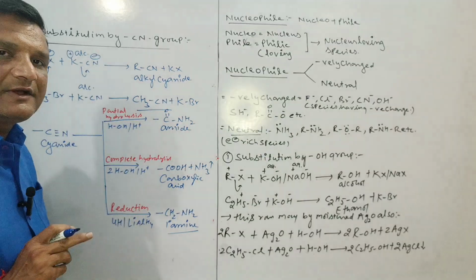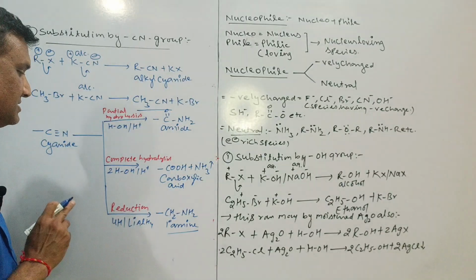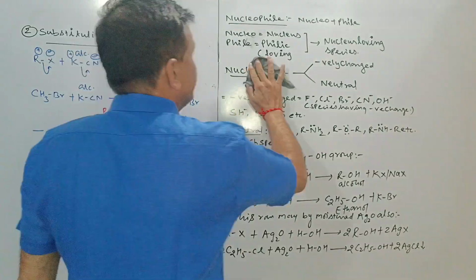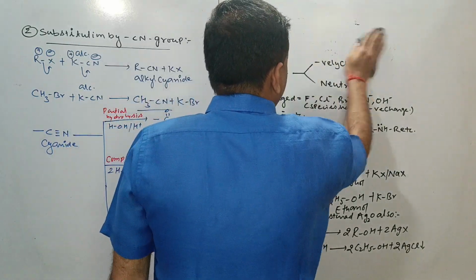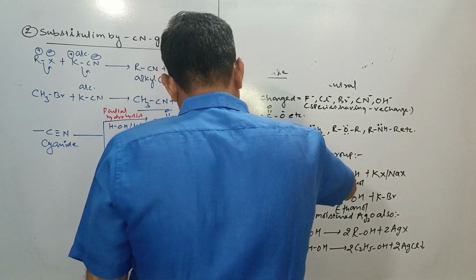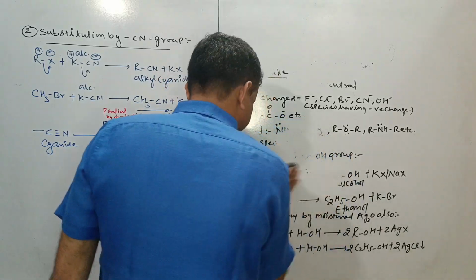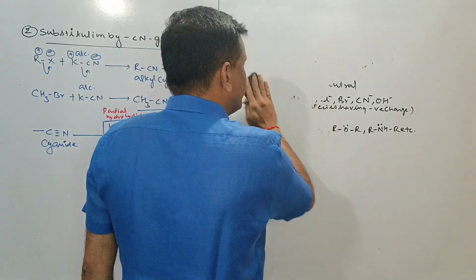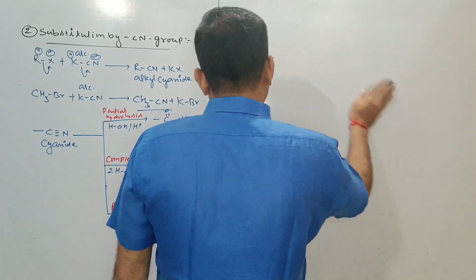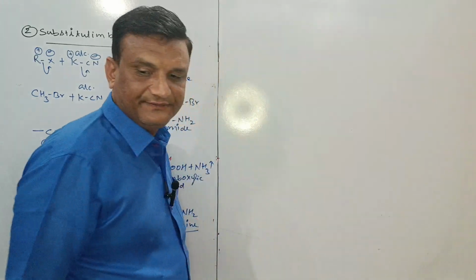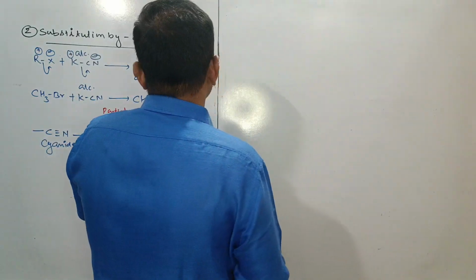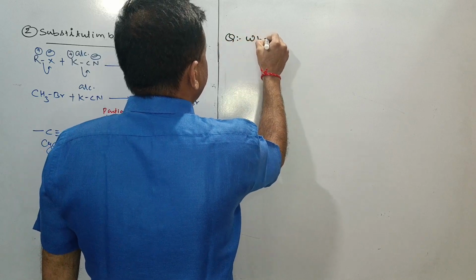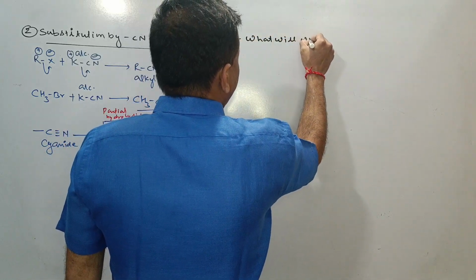This was about one of the important substitutions, the CN group. Now I would like to take some questions, and remember one thing, I would like to take one important note also regarding reactions. First, substitution by hydroxy group, or you can say OH group. It will be one of the questions. Question number one is, what will happen when